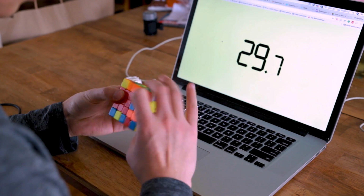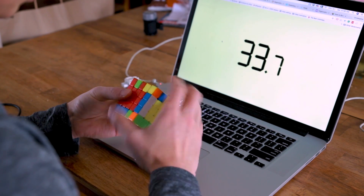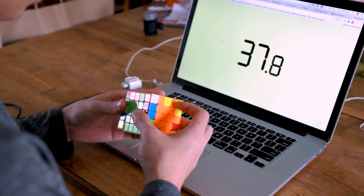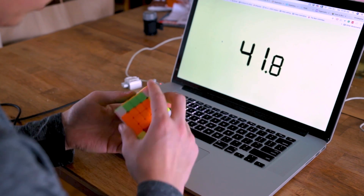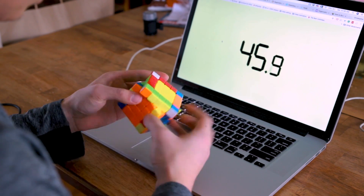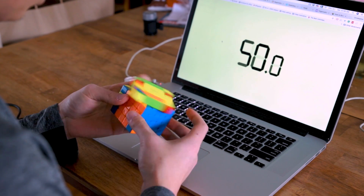Now, a con for edge pairing is that you need to solve at least 2 F2L edges. Now, some people view this as a con because the easiest edge is not always going to be the F2L edges. Maybe it's all yellow ones, but in most cases for me, I rarely ever have that happen where all of the F2L edges are bad cases. So I personally don't think that's a very big con, but that's something you don't have to deal with in